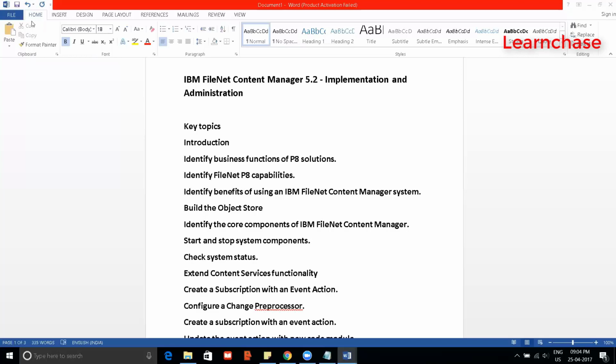Then Workplace XT comes. The only advantage of Workplace was that IBM has provided all the APIs. So based on that, you can customize your Workplace depending on your client's requirements. But in Workplace actually you cannot do that. And there were a lot of issues in Workplace related to the JRE or Java.